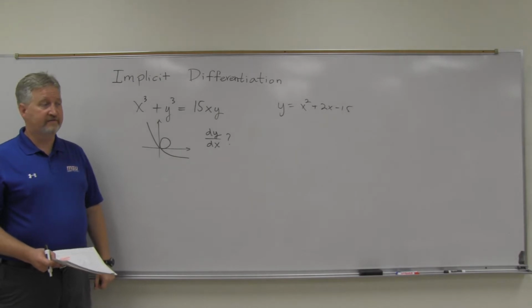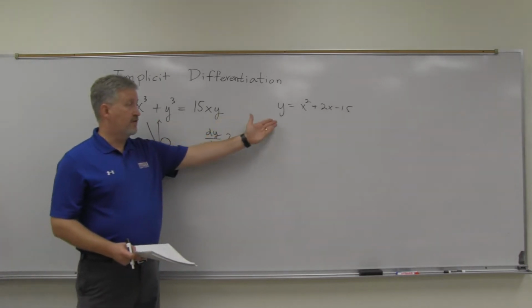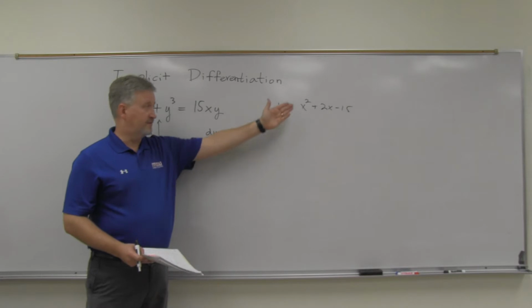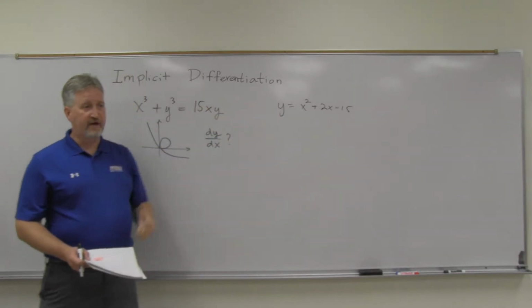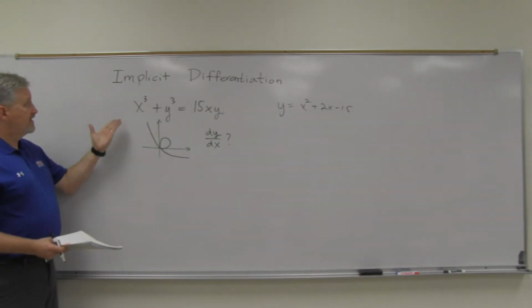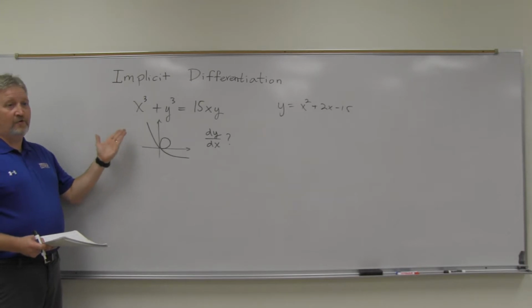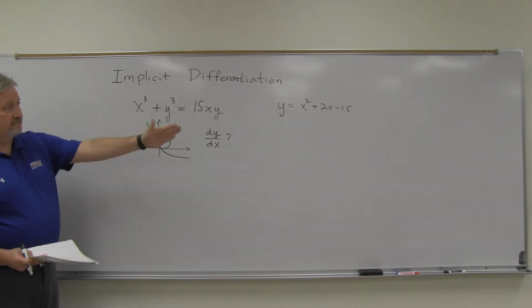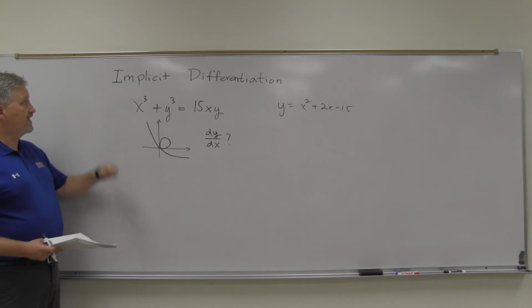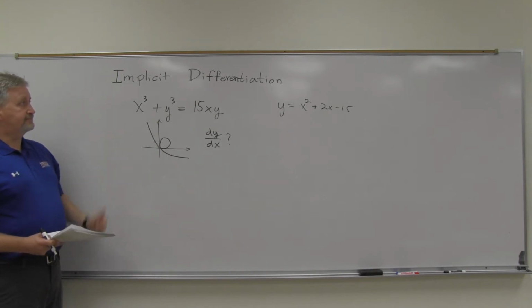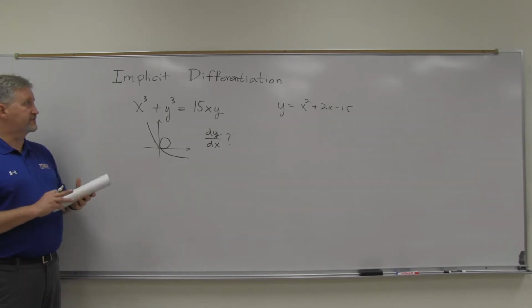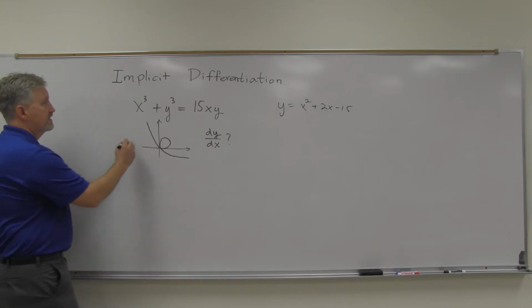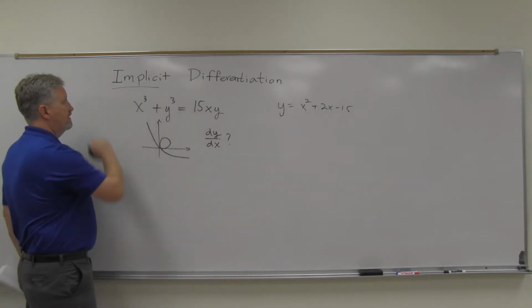with respect to x. Now, we know how to do these, just power rule and quotient rule if we have to, and all those rules. This, on the other hand, is in a whole different format than what we're used to. And so that's why we talk about another type of differentiation, which is implicit differentiation, because the word here, implicit,